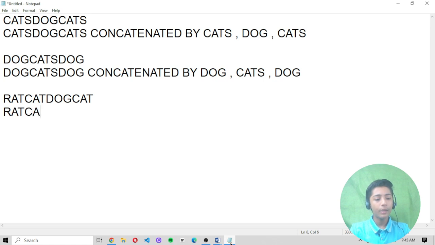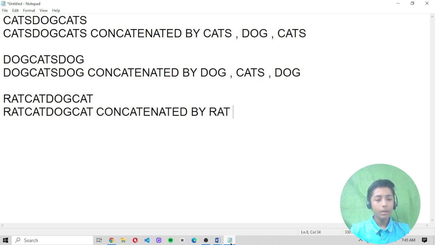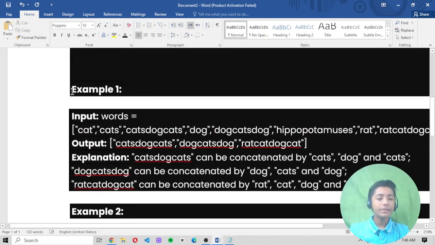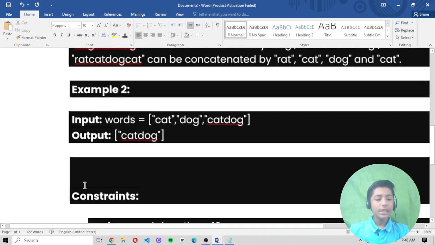Because rat, cat, dog, cat is concatenated by rat, cat, dog, cat. Okay, I hope you understand. So in example 1, our output will be cats, dog, cats, dog, rat, cat, dog, cat. So let's see our example 2.